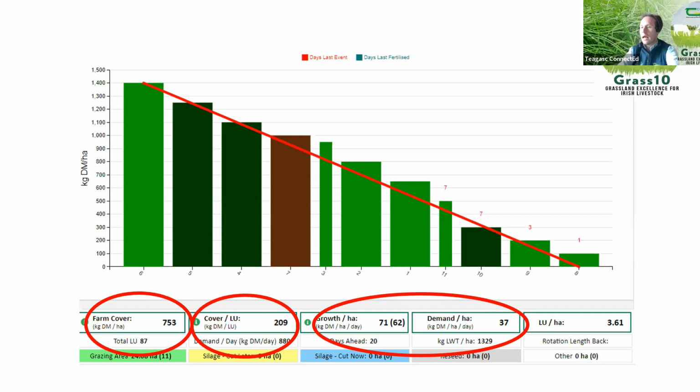So again, we said just on that example wedge, farm cover 753, cover per livestock unit 209. That could be a typical wedge in the mid season, growth 71. Now, the demand is probably a little bit low, but in general that wouldn't be something that we could see during the year. So I suppose